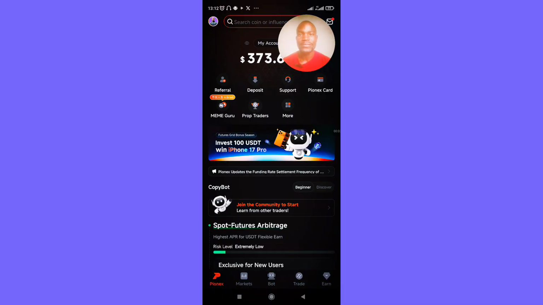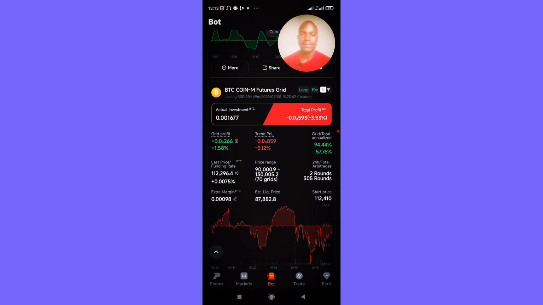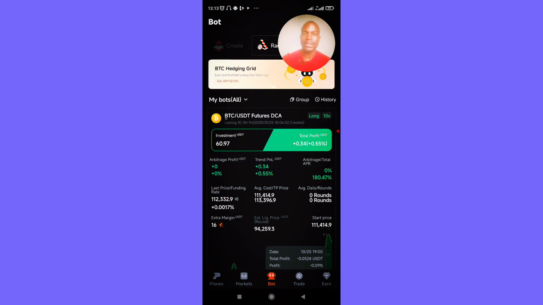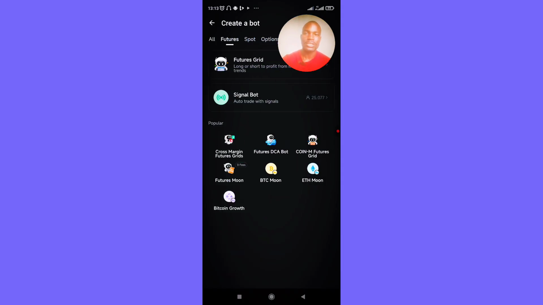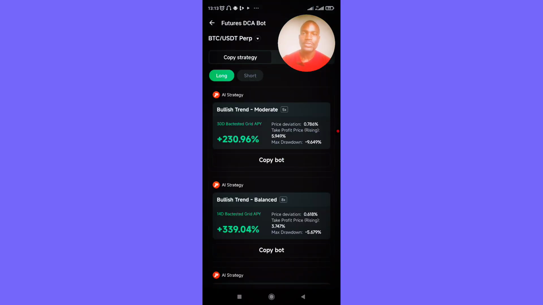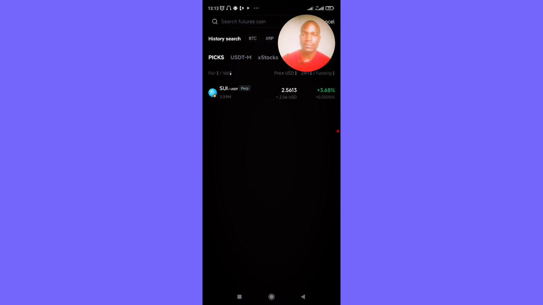So in order to open your Futures DCA bot, just go to your Pionex account. At the bottom here is where you access the bot. Just click on the bot and then you'll now have the create part. So here we have a list of these bots supported here. Now we want to go onto the futures part in order to access this Futures DCA bot. So you can see it's under the popular bots and it's the second one after cross margin futures grid. So just click on the Futures DCA bot and then you choose your coin. So you have a long list of supported coins here, but let's just go with Bitcoin